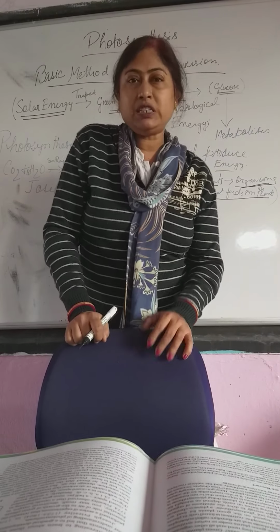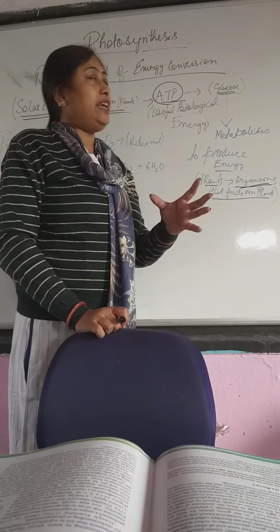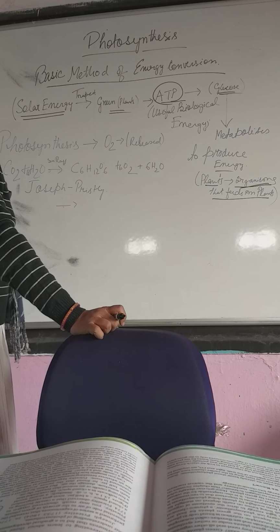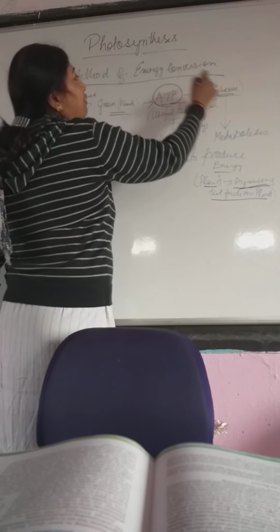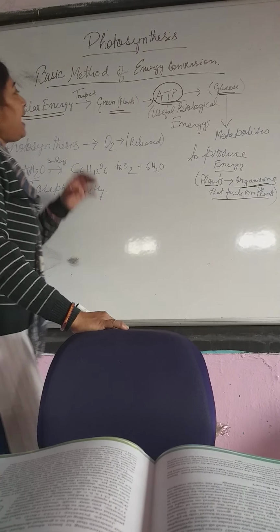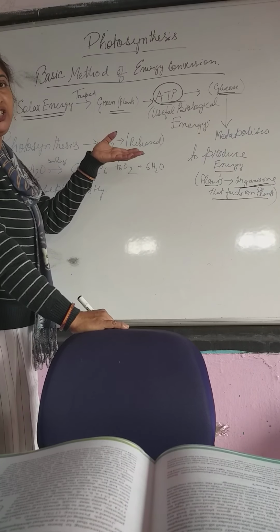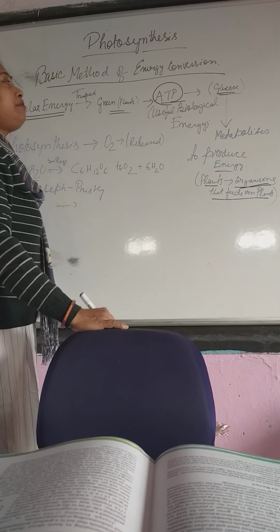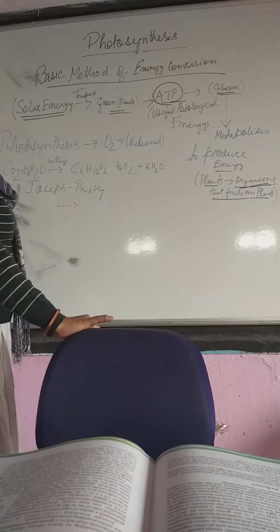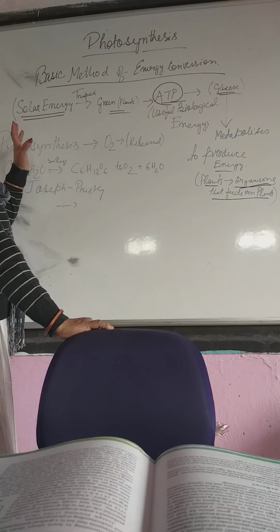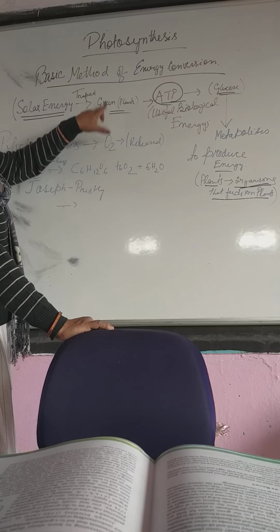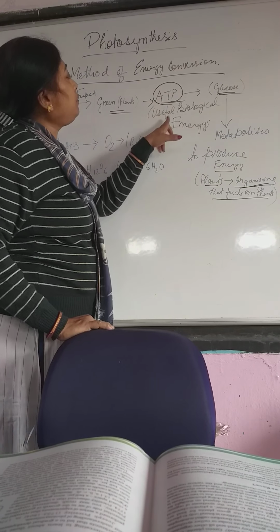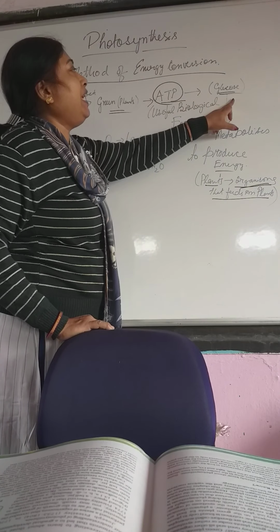Water, photosynthesis in flowering plants. Now see, photosynthesis is basically a method of energy conversion. That means the ultimate source of energy on this earth is the sun. But living organisms cannot consume or use this solar energy. So it is a green plant that traps the solar energy and produces useful biological energy, ATP, in the form